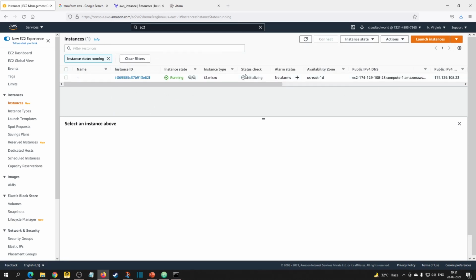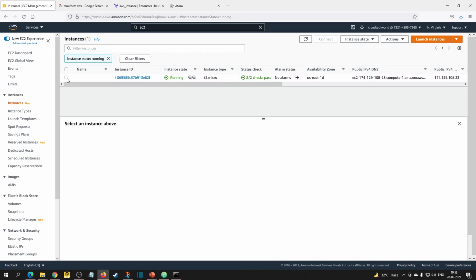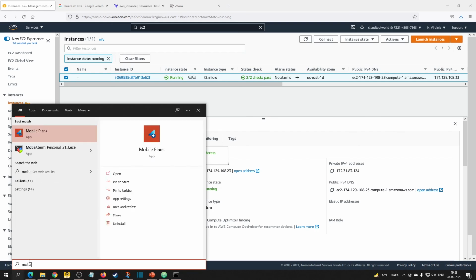Wait for a few minutes. The status check will be changing to 2 out of 2. Once it is ready, we can see whether we are able to log in or not. Once the status check has passed, you can copy the public IP. You can use any terminal.